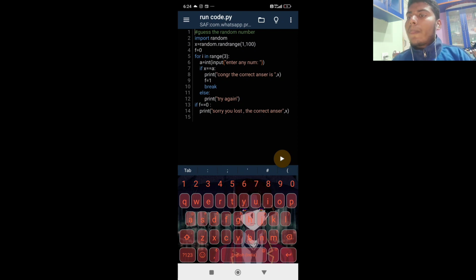Let's say f is equal to 0. Now if this works, then f will turn into 1. If it doesn't, it will stay 0, and then we'll say if f